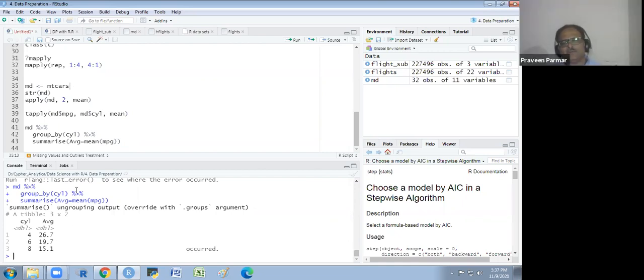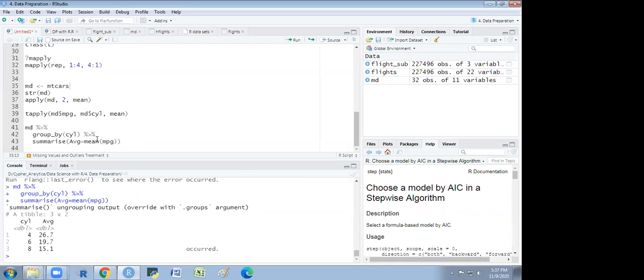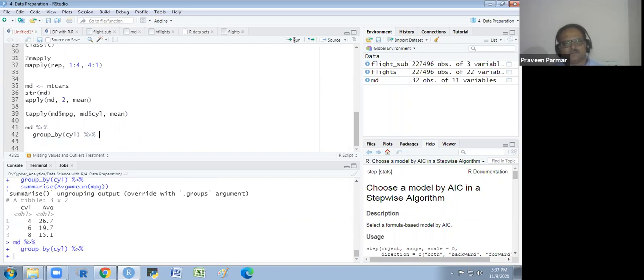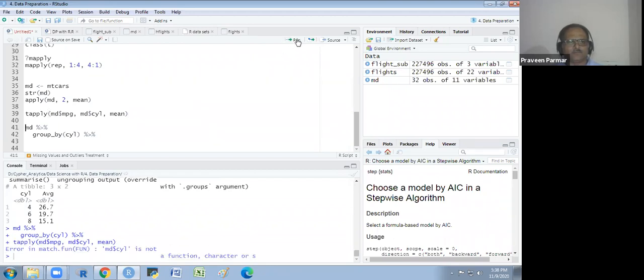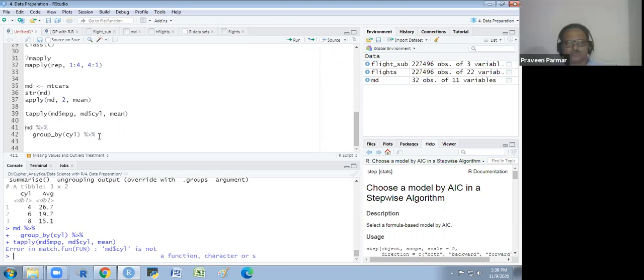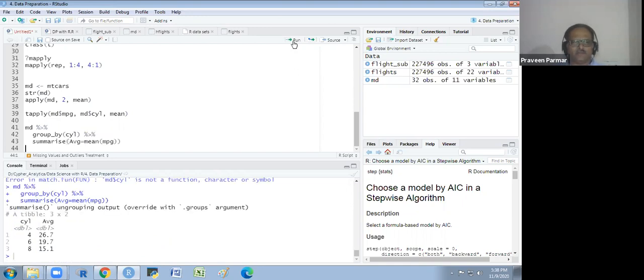Sometimes what happens is we run incomplete syntax. Suppose I remove this, just a moment, and I run it. What I am getting here in the console is a plus sign. If I want to run anything now, I get an error, because now it is the command prompt it is giving me. After giving the error, now I can run it. So I correct it, complete this, and run it. I will get this.